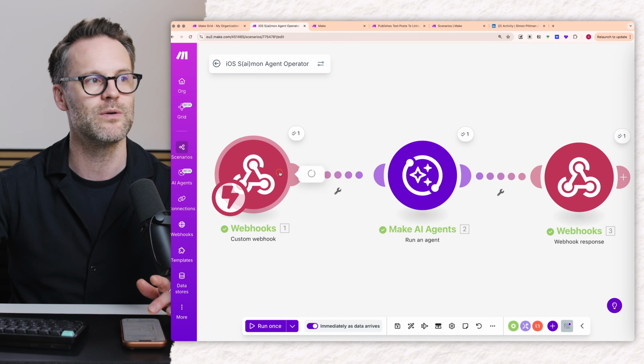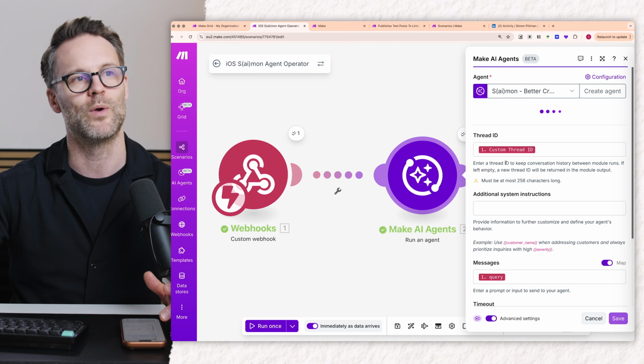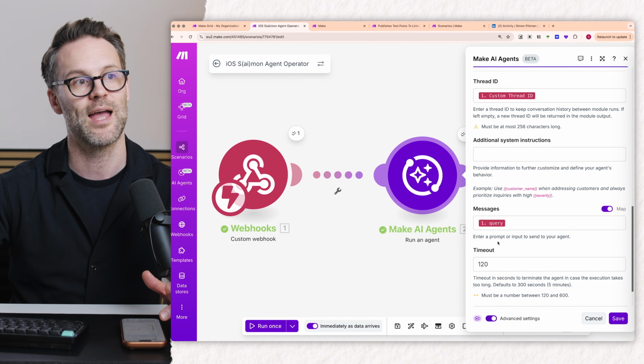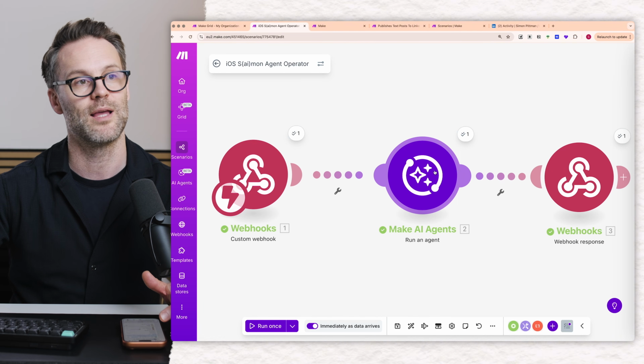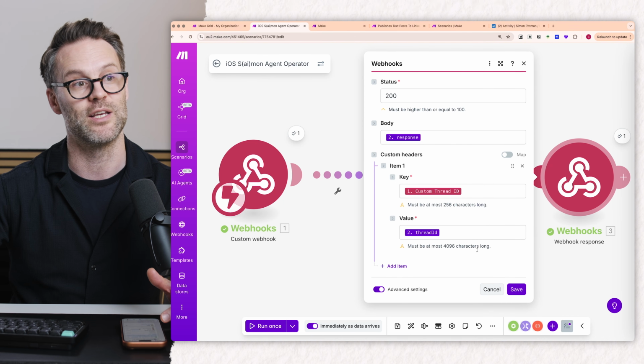And the reason we're doing that is so that in this scenario on the screen here, we can add the thread ID here and the query, and then the response is just given as a webhook response. We can add the response and then share the key of the custom thread back along with thread ID. And that just means that it will continue to have the conversation rather than run off and start fresh every